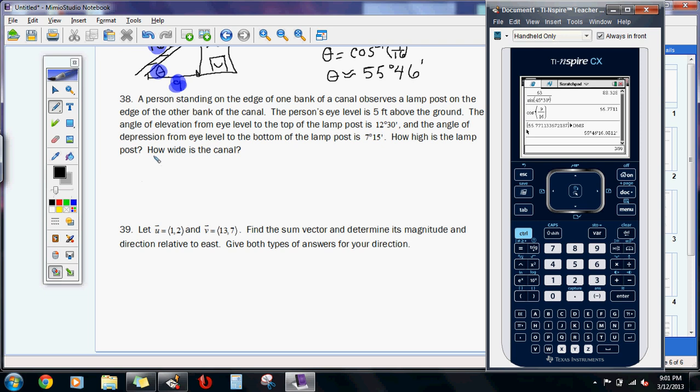So as we look through this problem, hopefully you've read through it, but we have, and I will do my best to draw this picture here, we have a person standing on the edge of the bank of a canal, observes a lamp post on the edge on the other side. So we're going to put this lamp post up here. Alright, there we go. And what happens is if you have this person looking straight across,